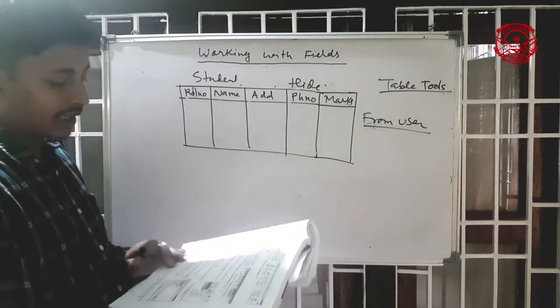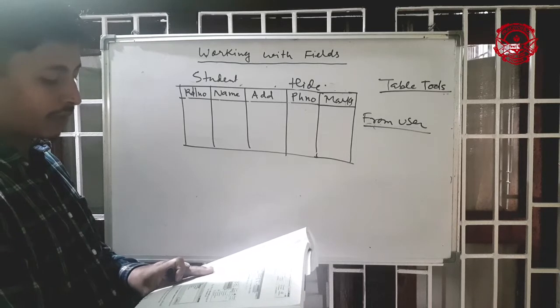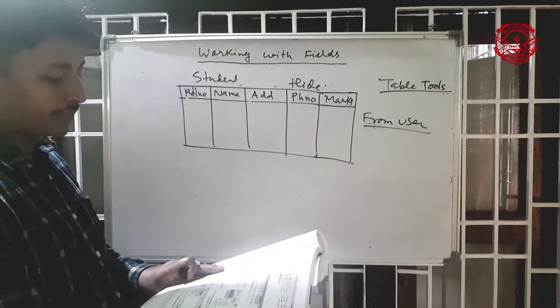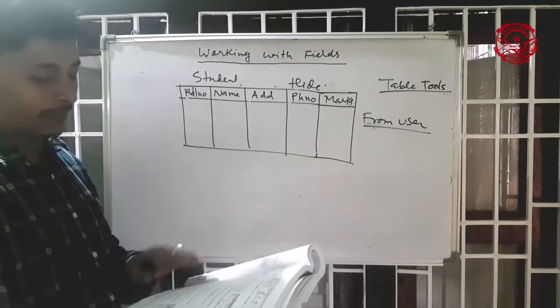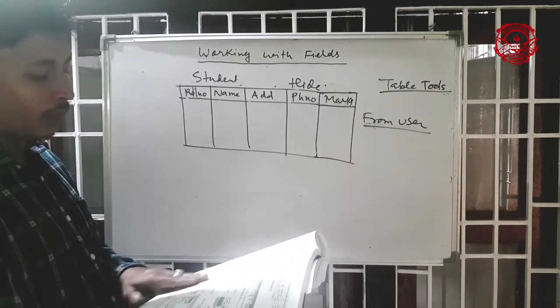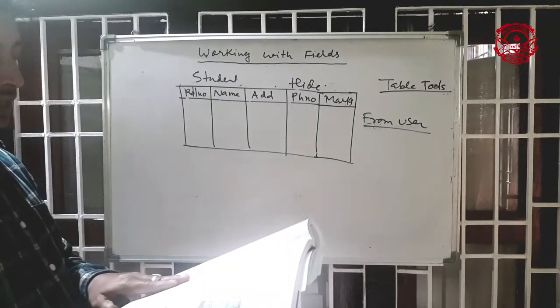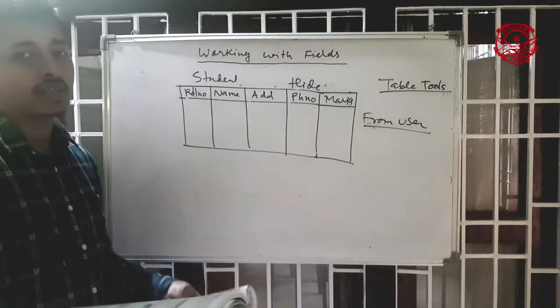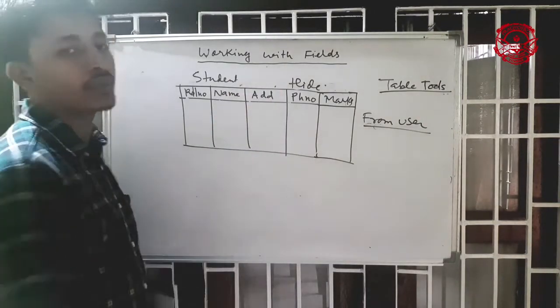Now you can see hide a column. Just click the column header. If you want to select more than one column, press the Shift key. So the Shift key is used to select more than one column. Select the Home tab, under the Records group, click the More button and then click Hide Fields. Now you cannot see the hidden field in the datasheet view. Means what? When you apply these hide options, you cannot see it in the datasheet view.